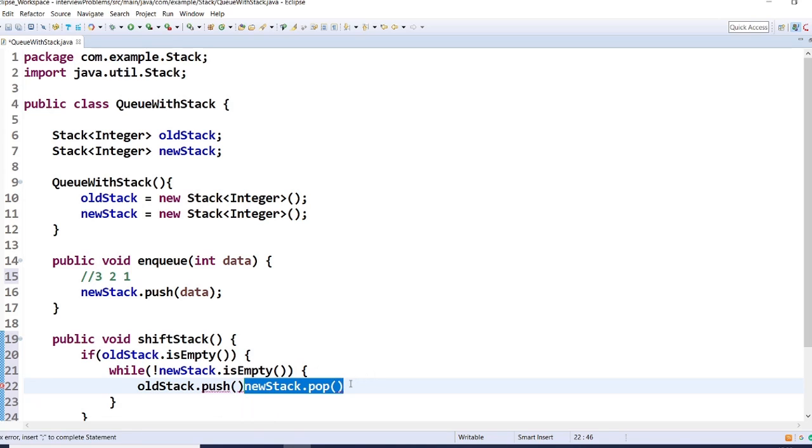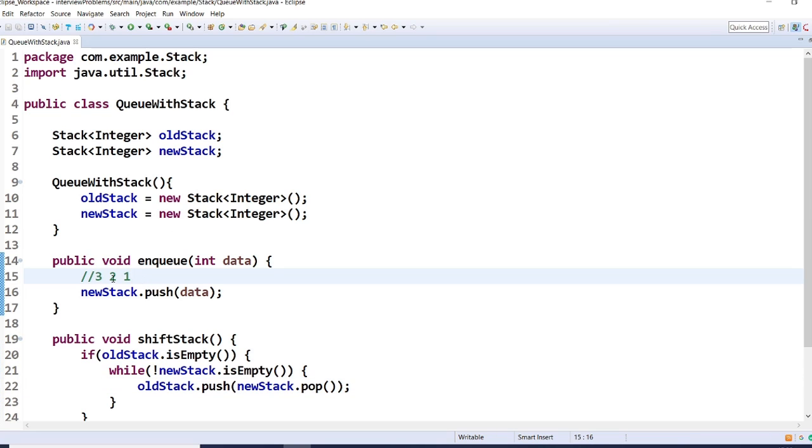So here I'm showing, see carefully what happens. Here I inserted elements. Suppose I'm inserting elements like 1, 2, 3, then it will get inserted in this way in the stack, which is last in first out approach. Okay. So first I'm popping the element. The first element is 3. I'm popping the element 3, so it will get pushed as the last element.